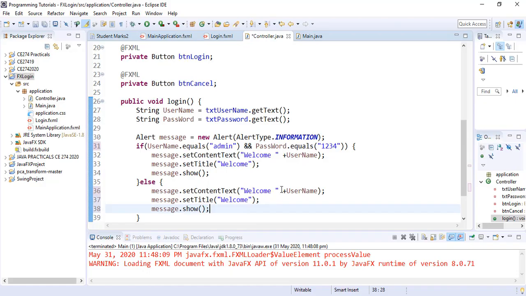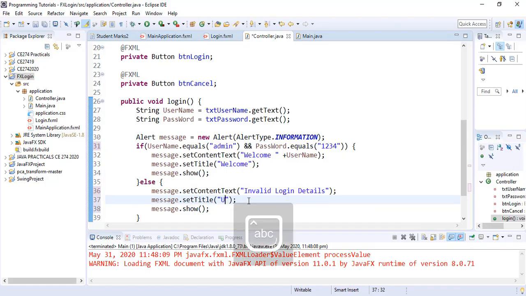So in the set content, we want to simply say invalid login details. And the title we want to give to the message box or the alert when it shows is unsuccessful login. And we can now show the message. So we save it